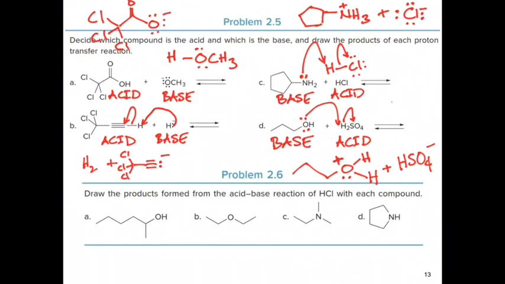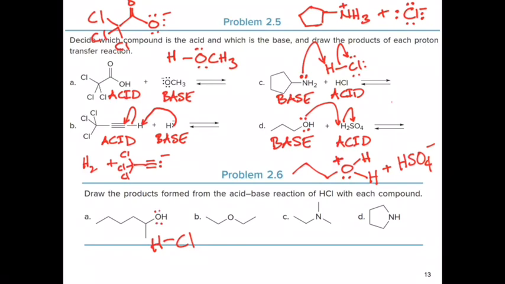Draw the products formed from the acid-base reaction of hydrochloric acid with each compound. So if we're reacting them with hydrochloric acid, then every single molecule listed here will act as a base. So the first one here, we have basically an alcohol. So we have a hydrogen and a chlorine, hydrochloric acid, and this oxygen right here contains the basic sites because